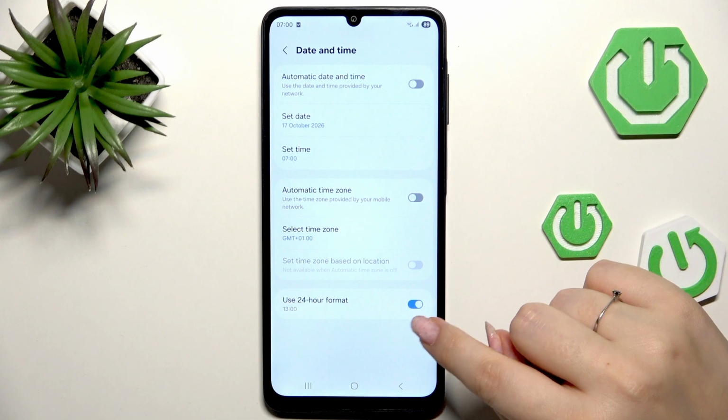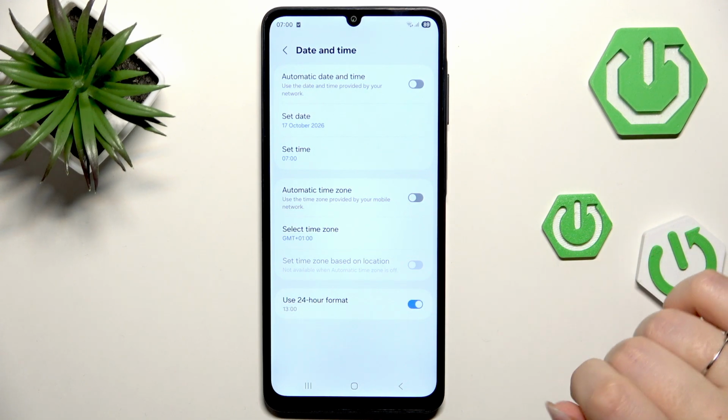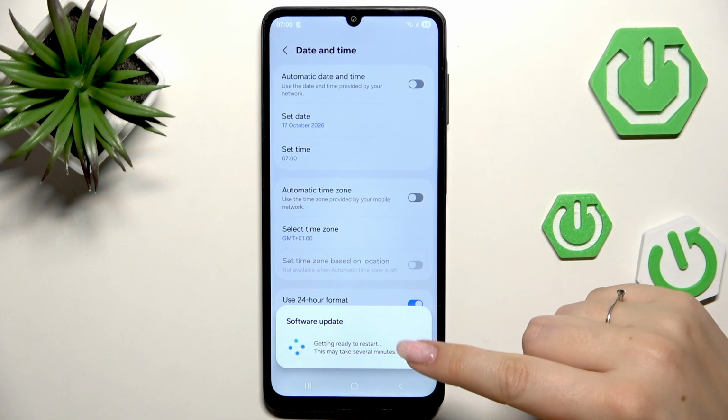And here the time format, so this is the only format we can change. We cannot change, for example, a date format. Only